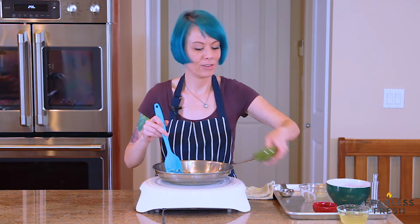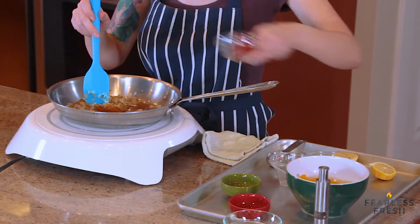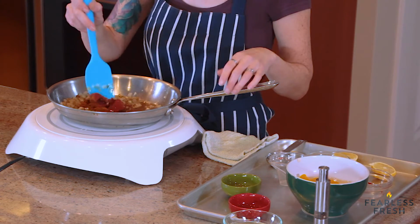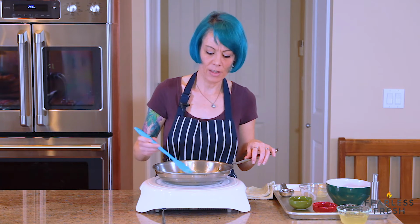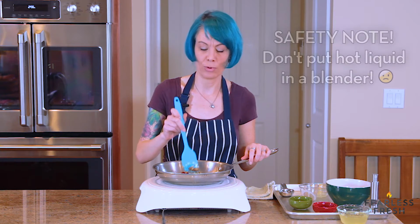We're going to add our spices. We're going to add our tomato paste. Kind of mash that up a little bit. We're going to add everything and bring it to a boil. And then this is a really important step. After we bring it to a boil, we need to let it sit and cool for a few minutes, because